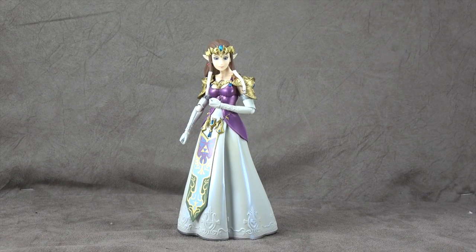Favorite nerd, and today we are looking at the Figma Zelda figure. I've been looking forward to this for a long time. I feel like this can close a door on a collection for me, so that's nice. But you know, when I start to think about that, it gets a little bit more complicated. Doesn't it always? Nonetheless, we have accessories to talk about and a fair amount of them, so let's just get